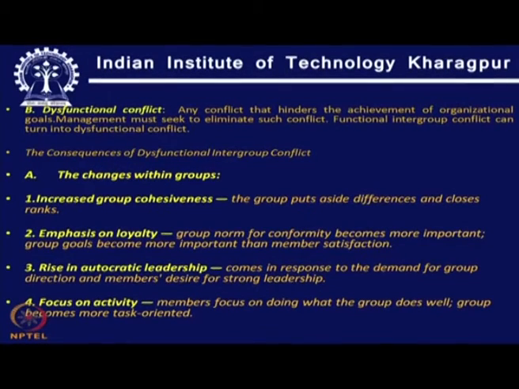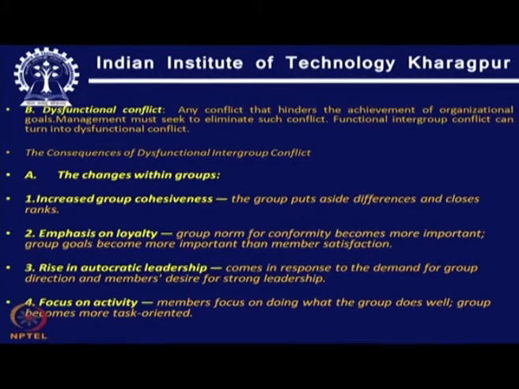What we generally discuss and are more concerned about, what flashes in our mind immediately when we hear the word conflict, is this part of what we call dysfunctional conflict. Any conflict that hinders the achievement of an organizational goal is called dysfunctional conflict. Management must seek to eliminate such conflict. Functional intergroup conflict can sometimes turn dysfunctional